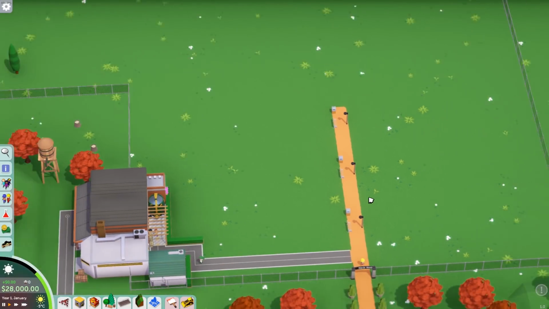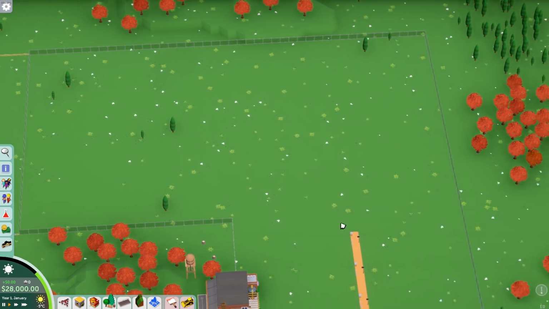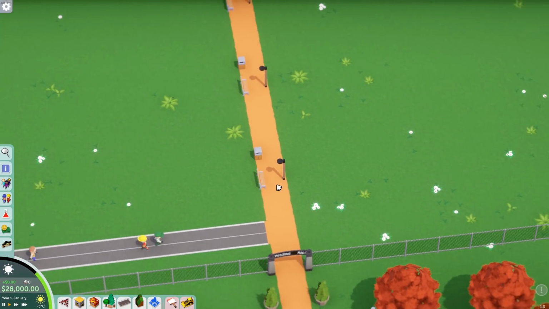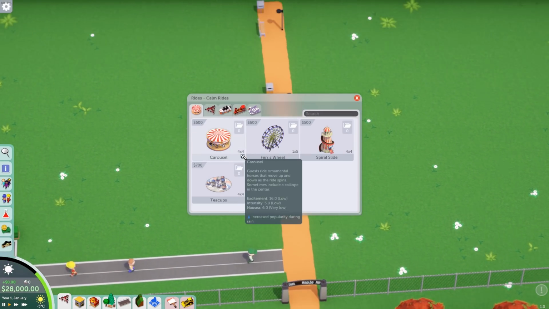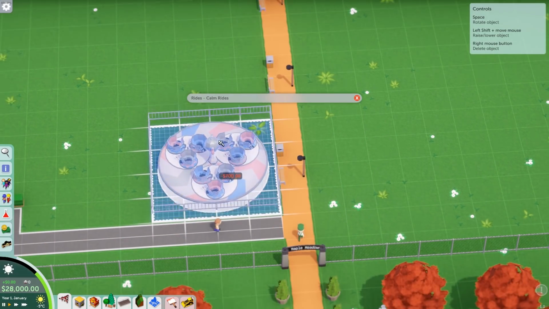This is where we are actually starting. Not much room. A little bit of expansion available there, but actually not much room. So with that in mind, let's see what rides we have available to us. Here we go. Not many, as you would probably expect. I would like to start with the teacups because I think they look awesome. And we're going to put them...